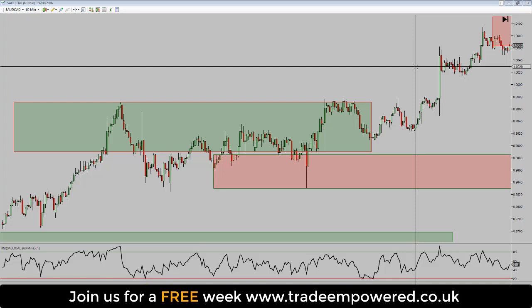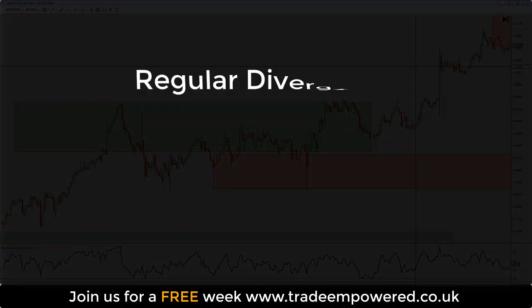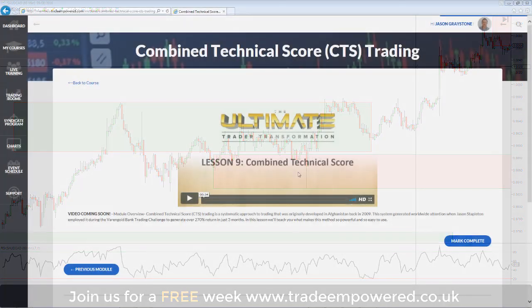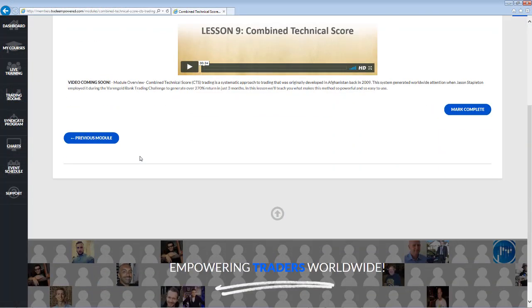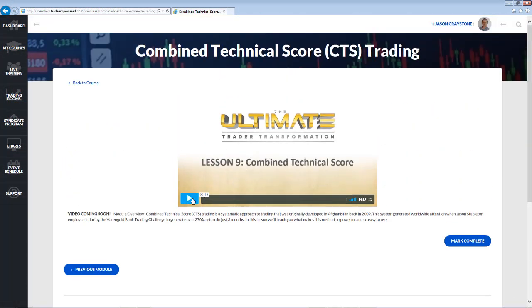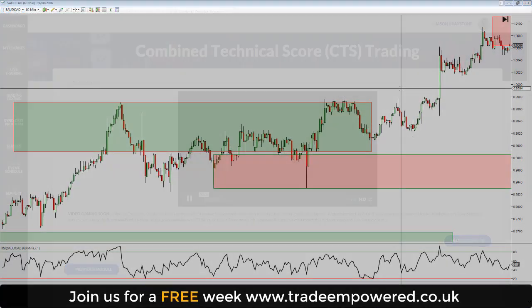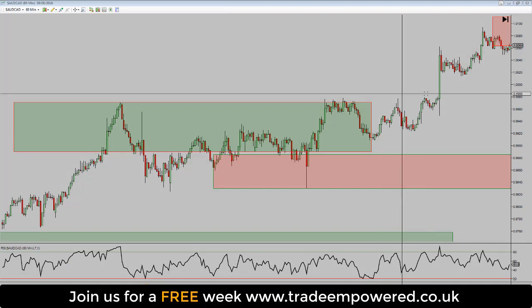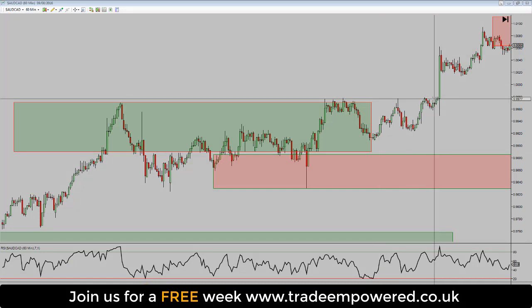So the first type is regular divergence, and this can be used as a possible sign for a trend reversal, counter trend, or CTS style trading opportunity. Those of you familiar with CTS, right? And as I mentioned last week, that is a style of trading that we teach on the Ultimate Trader Transformation course. But if price action is making higher highs, but the RSI is making lower highs, this is considered to be regular bearish divergence,